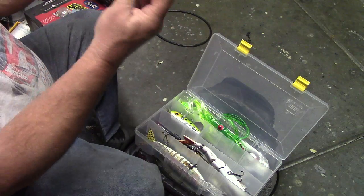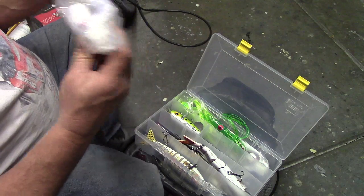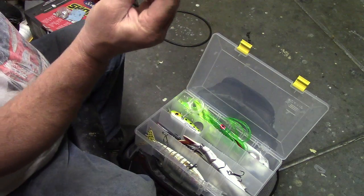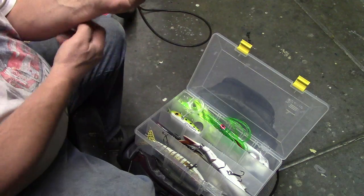Check these out. These are striper lures to go get down deep. I actually ordered these before I went to Beaver in December, but they didn't get here in time. But these will go down deep. They got this big metal head. You could actually see these on your fish finder, if you got,